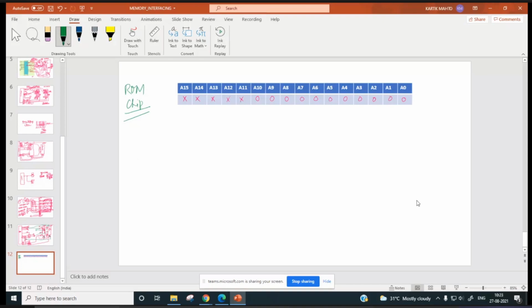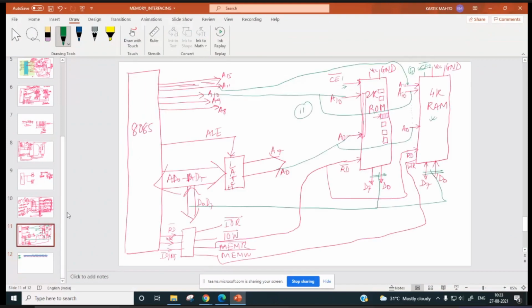So this A0, A1, A2, A3, A4, A5, A6, A7, A8, A9, and A10. These 11 pins are actually connected to this ROM, right? So what will be the address?